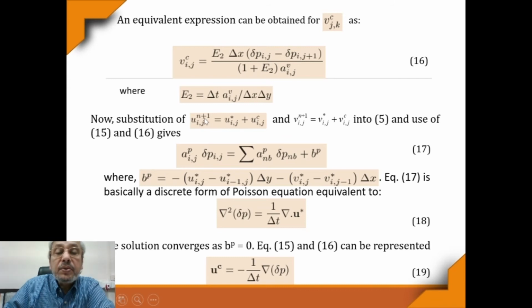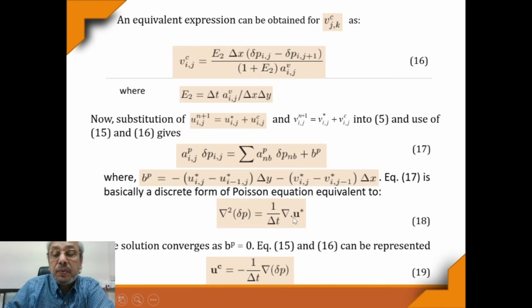Again, use that value here. That will be new quantities, which may not have reached n plus 1 in one go. Still we'll use star,